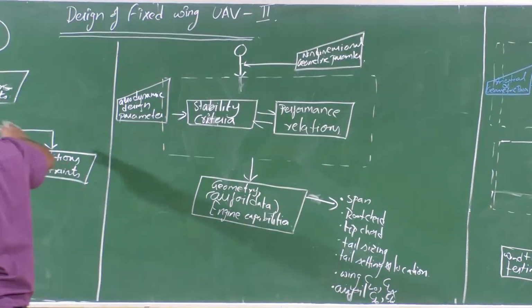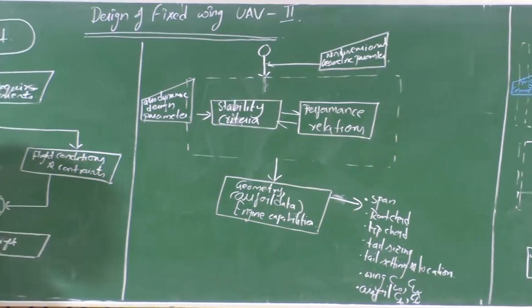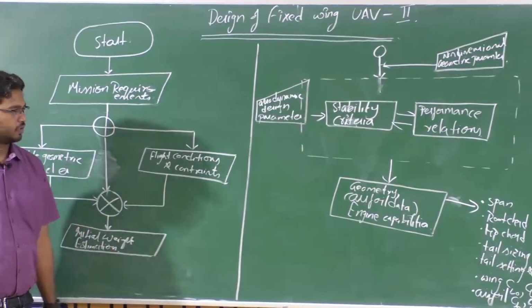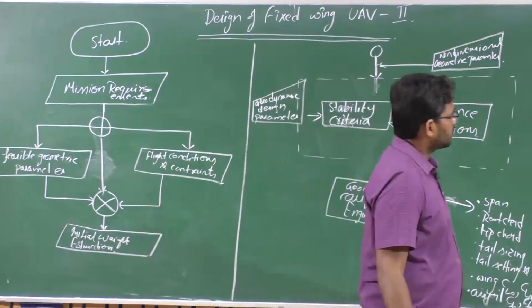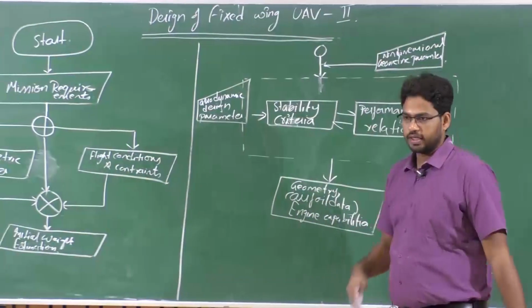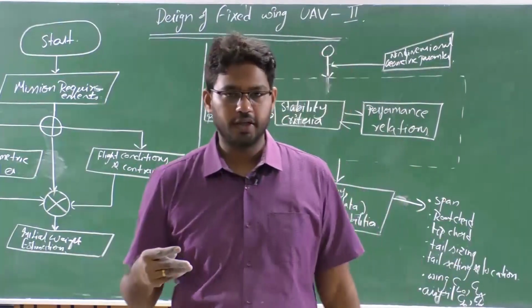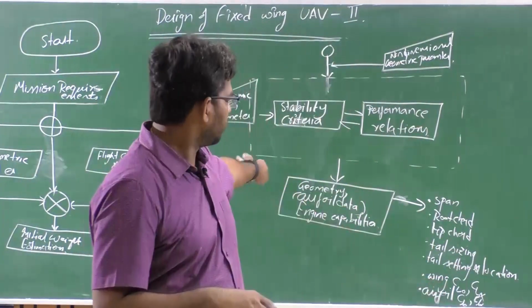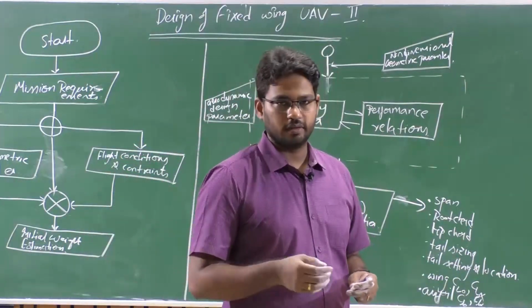So this will be the aim of the current lecture series, right? We'll develop various subroutines in order to achieve these particular parameters. This particular analysis can be used as an initial or preliminary design during the preliminary design analysis. When you add optimization techniques to this, that can be used for detailed design analysis, right?